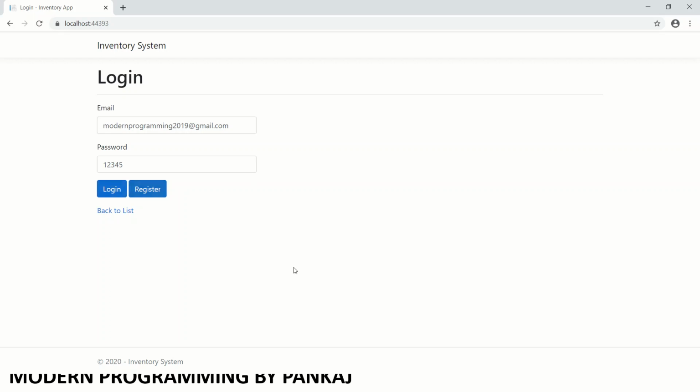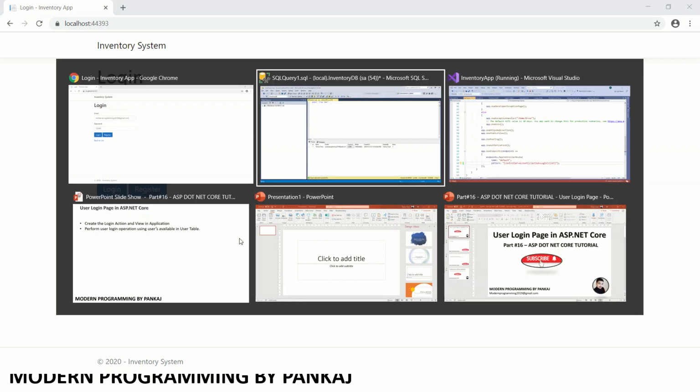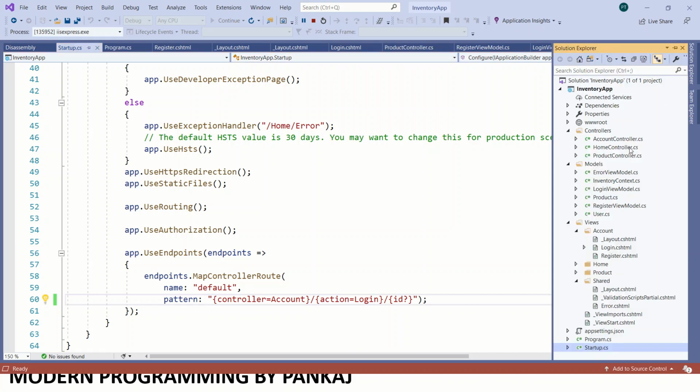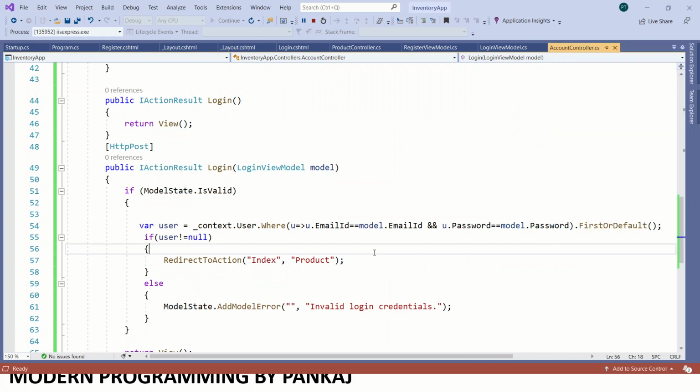Why we are not able to log in? So let's put the debugger in our login post method, so we can debug the problem.